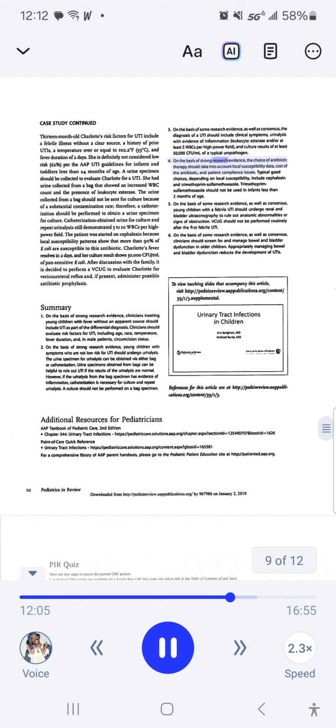4. On the basis of strong research evidence, the choice of antibiotic therapy should take into account local susceptibility data, cost of the antibiotic, and patient compliance issues. Typical good choices, depending on local susceptibility, include cefixime and trimethoprim-sulfamethoxazole. Trimethoprim-sulfamethoxazole should not be used in infants less than 2 months of age. 5. On the basis of some research evidence, as well as consensus, young children